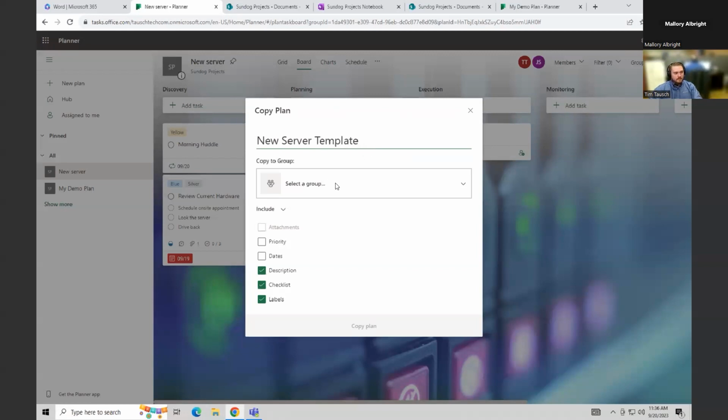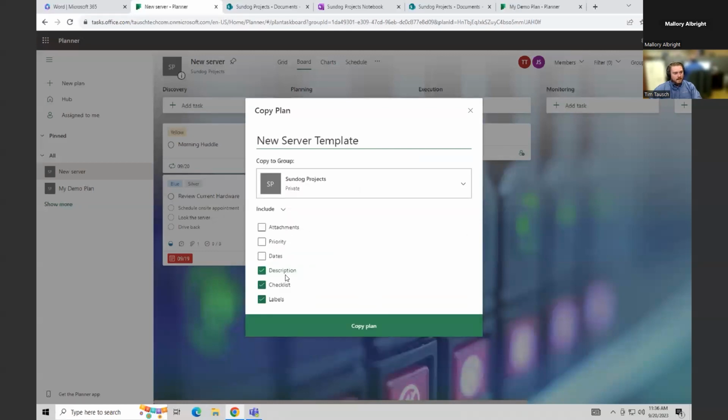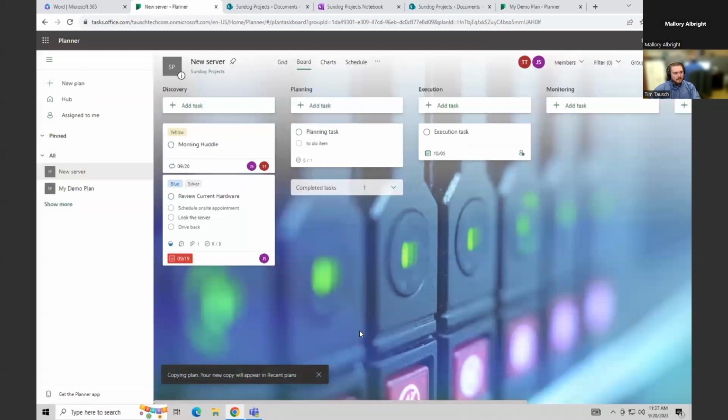And I can assign it to a different group if I want to. I'll just drop it in our Sundog projects group. And I'm going to choose to only keep these three. Since I'm going to turn this into a template, I don't want attachments or priorities or dates assigned, because it's just going to be a generic template. So now once I copy this plan,